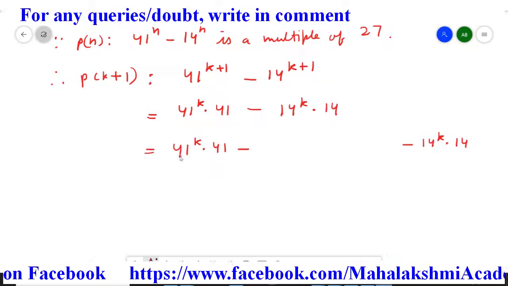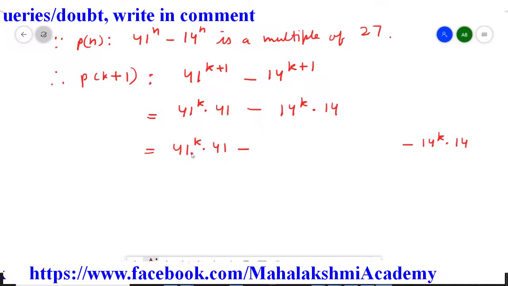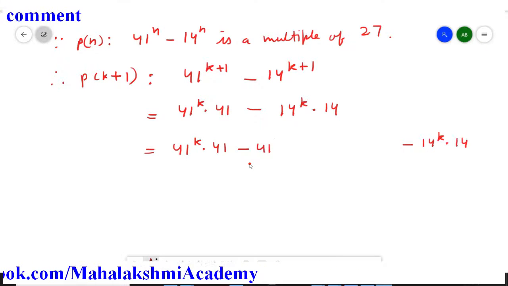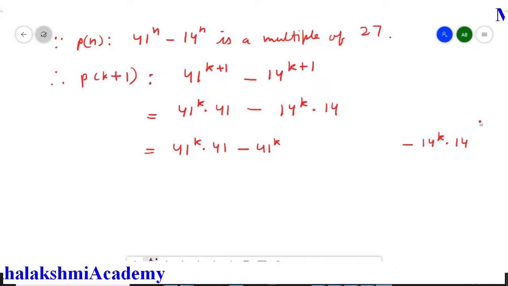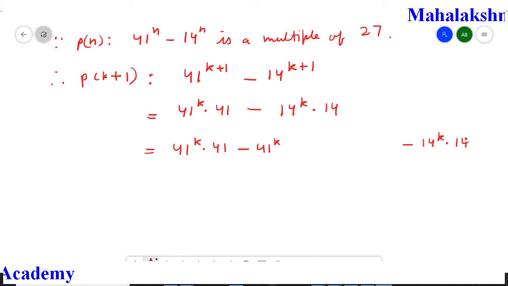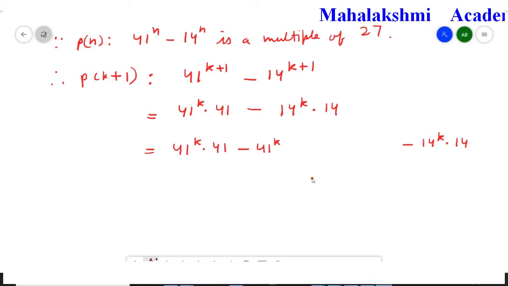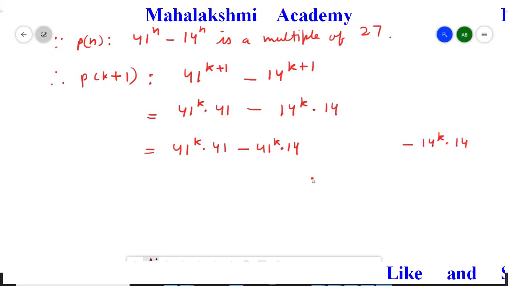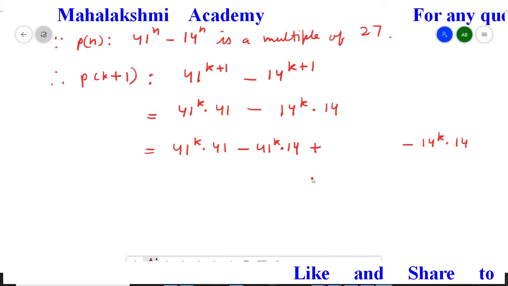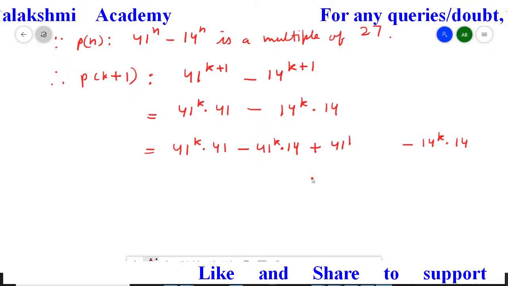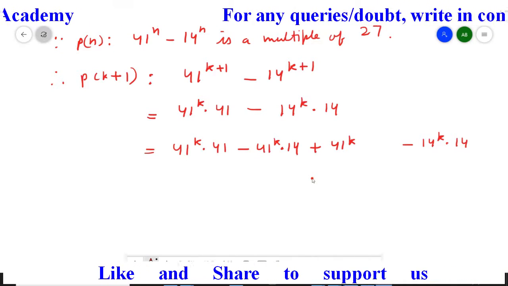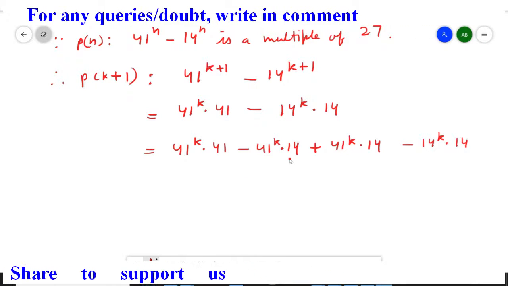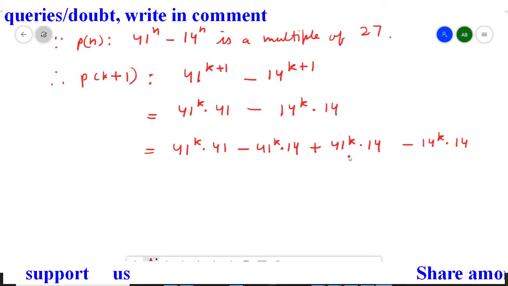From the first term just take the initial part, that is 41^k. So write here 41^k, and from the second term just take the second part, that is 40, and write here multiplied by 40. Multiplied by 14. Now since we subtracted it, we add it also so that it can be balanced. So 41 raised to power k multiplied by 40. So these two terms we introduced additionally.